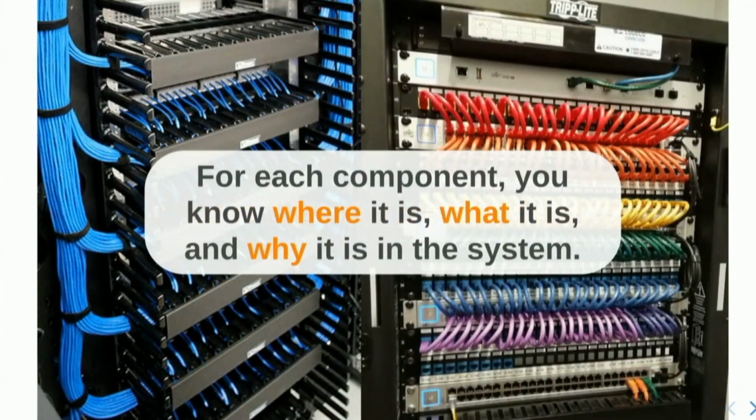Instead, in a clean system, or in a tidy system, if you want, you have these characteristics. For each component, you know the 3 W's, right? You know where it is. It's easy to find a component in the system. It's isolated. You know what it is from the name, for example, and you know why it is in the system. You can say why it's been included. In the pictures in the background, there are 2 hardware systems, and they are tidy. It's easy to trace where a cable goes. Some are color-coded, so it's easy to understand why they are there, what they are doing.